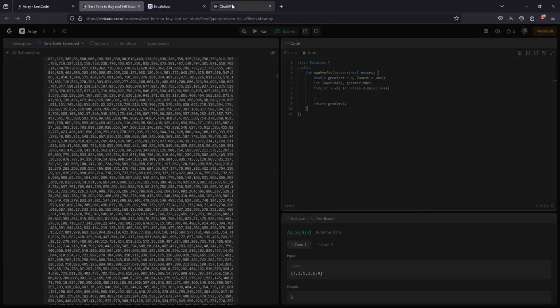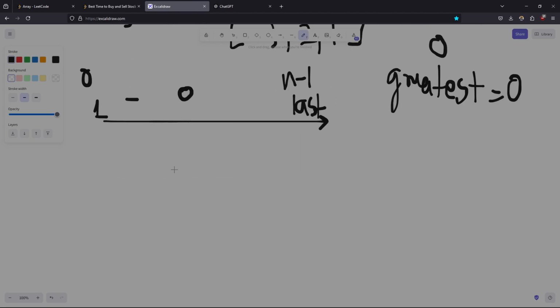What I'm trying to do is go through the loop in a linear path, where we check each value. We try to find the greatest value, and we try to find the lowest value, right? And if the greatest value lies ahead of the lowest value, then we subtract these two values, and it will be our answer. However, this won't work